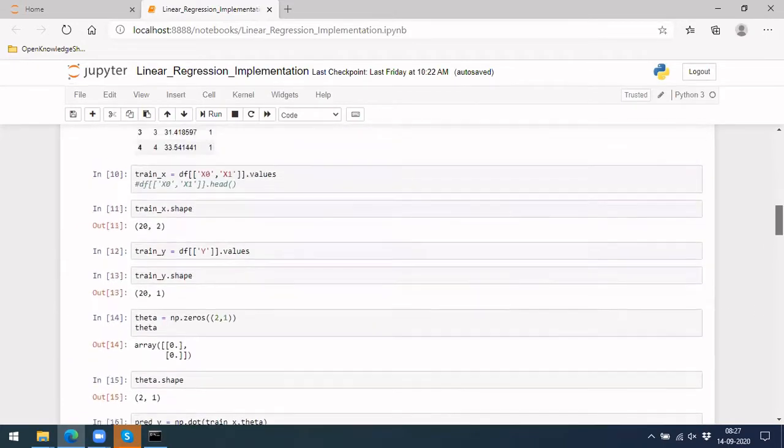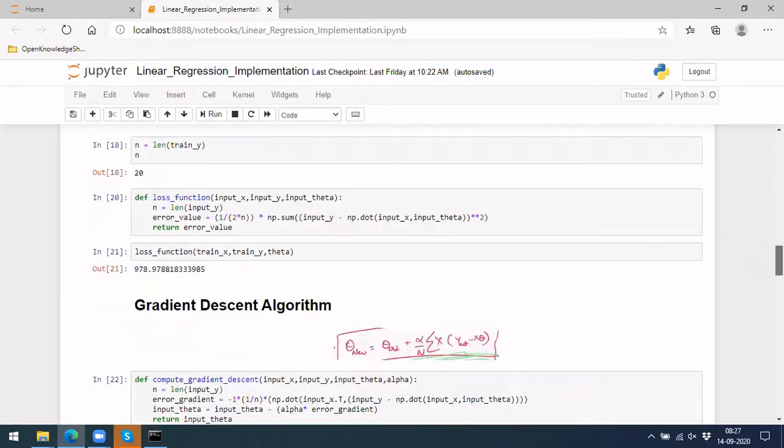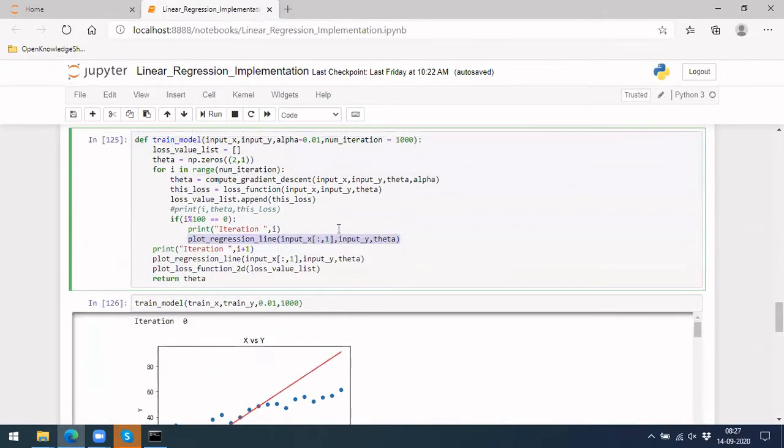You can see here x0 is always 1, which we gave ourselves; it's not available beforehand. So with x1 against the predicted value and the input value y, we are making this plot, and we are doing this every 100th iteration. You can see here, it is every 100th iteration.